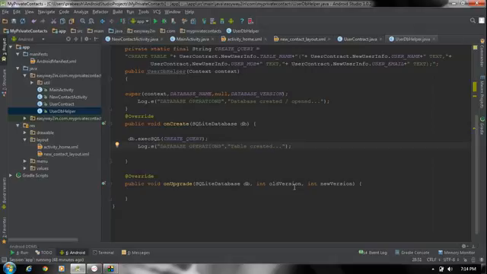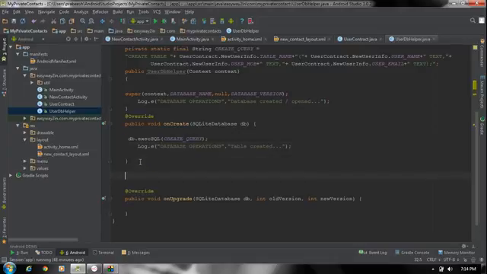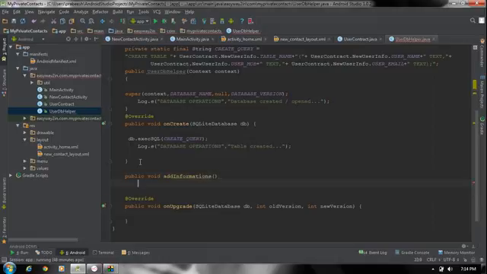Now we have to define some method for inserting the data. So you can define your own method for the insertion or deletion. So here I am going to create a method for inserting data, public void. I name the method as addInformations,